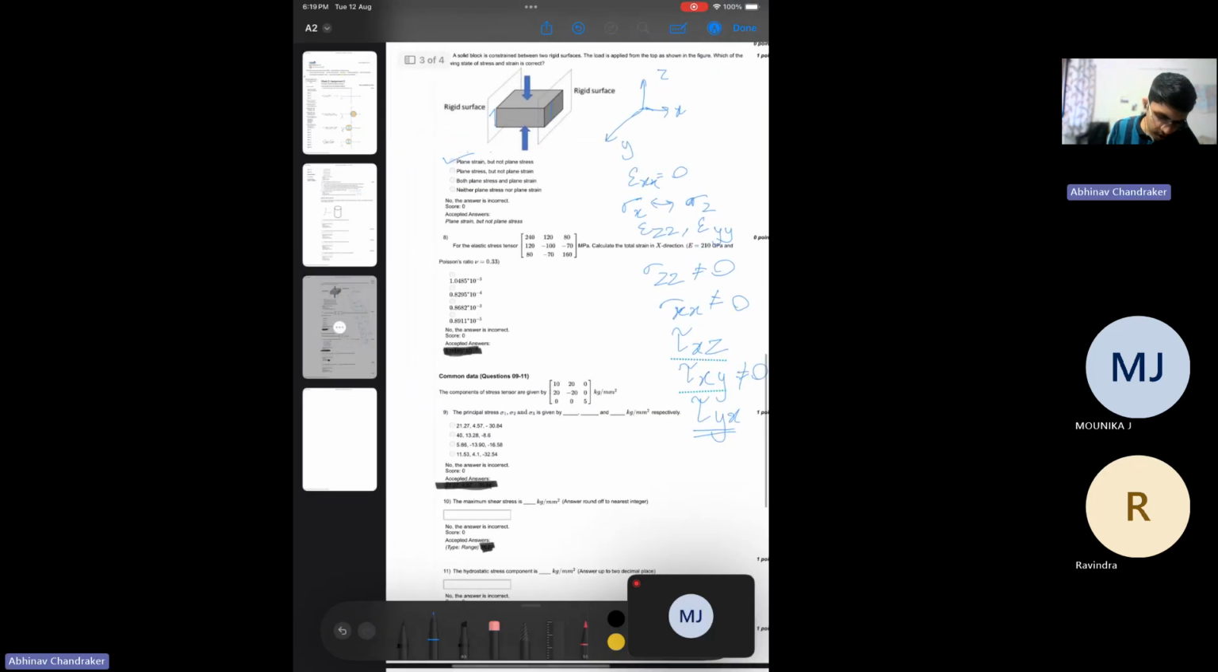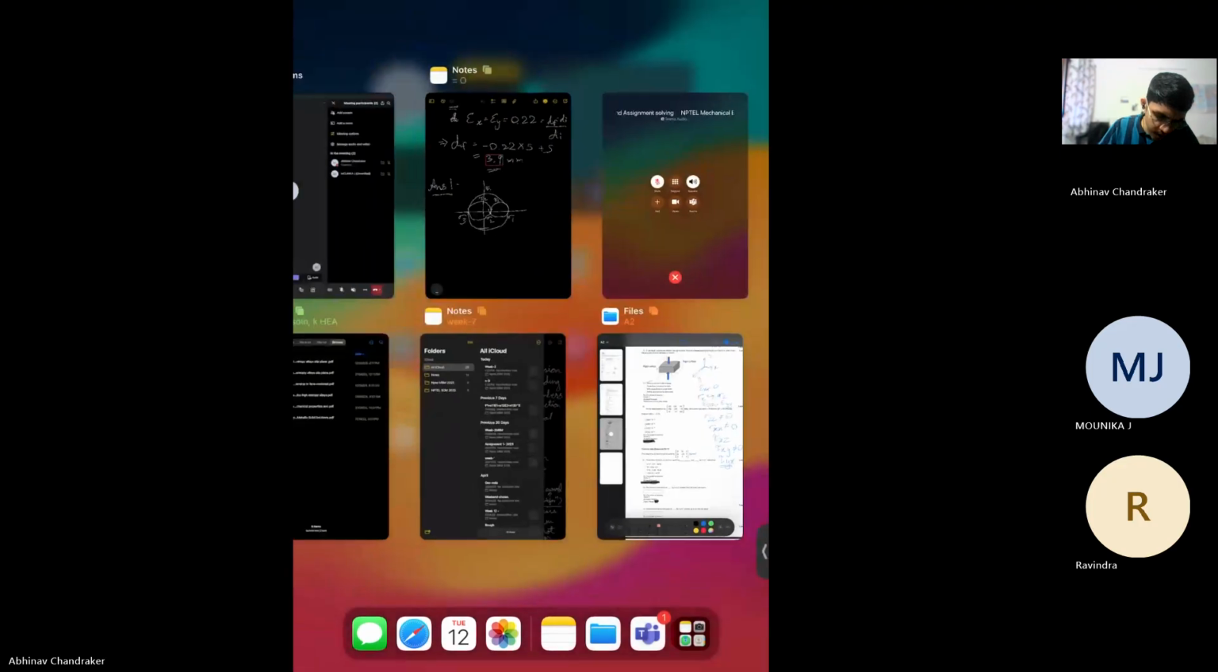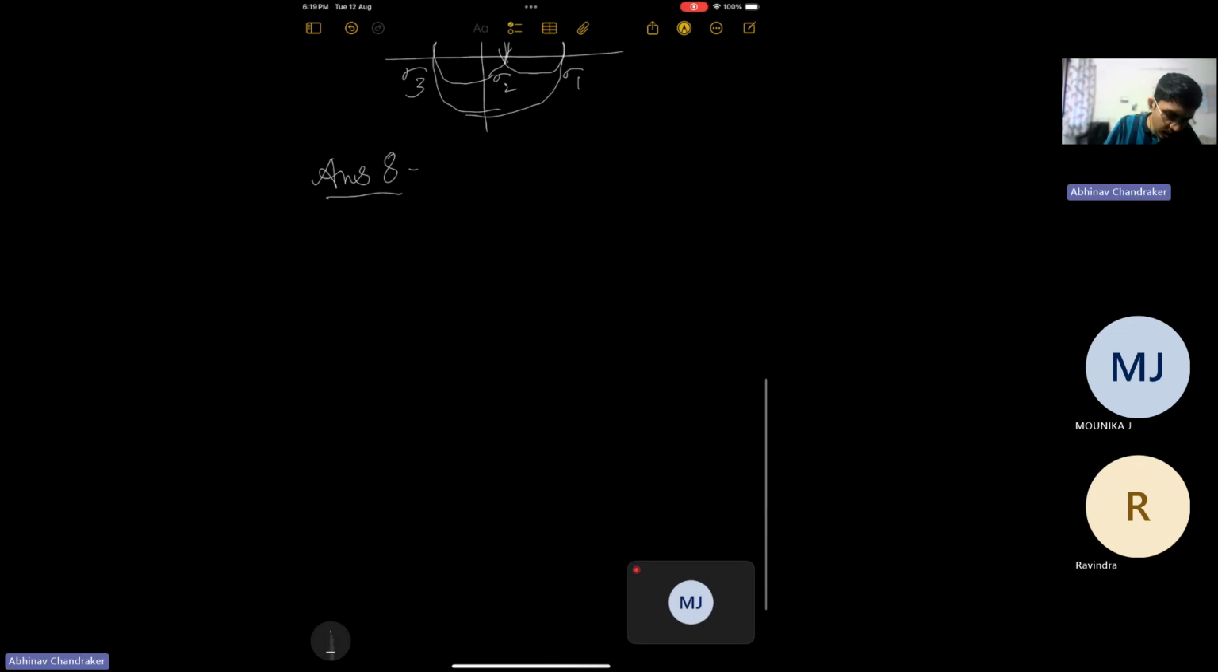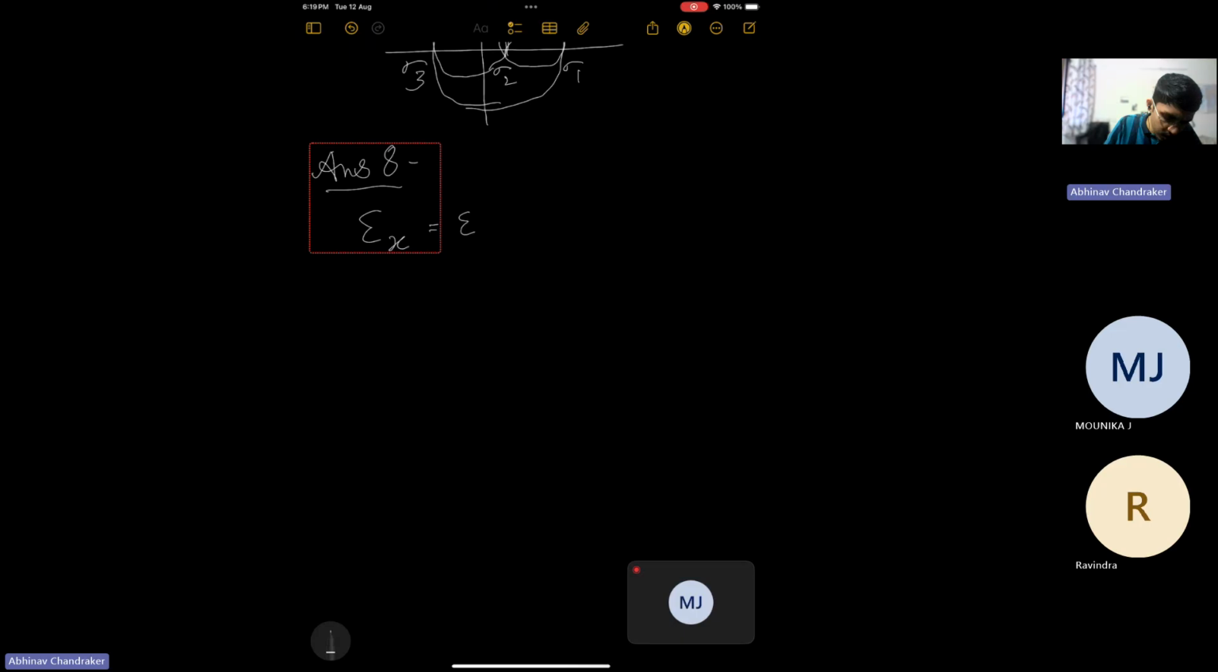Now let's look at question number 8. We have the elastic stress tensor given. We have to calculate the total strain in x direction. So we need to basically calculate epsilon x, strain along x, and we know that this will be equal to epsilon xx